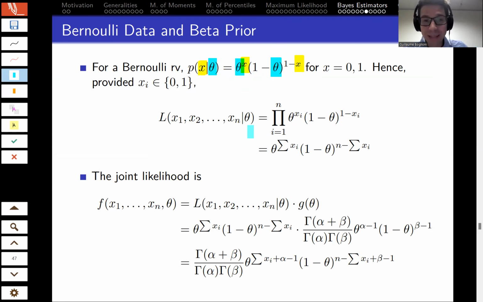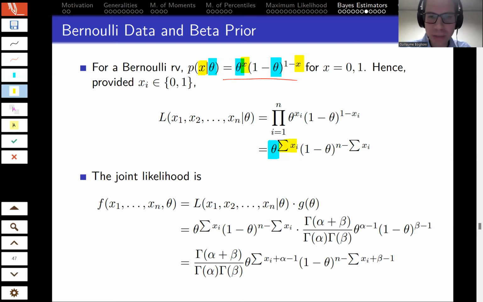You can then write the likelihood. That's the conditional likelihood of the data given a specific value for theta. It's just the product of all those things evaluated at all the little x1, x2, and so on. Of course, those x1, x2 only take 0, 1 values. So the product of all those things, theta to the x1 times theta to the x2 and so on, is going to be theta to the power of the sum. Careful here: this is theta to the power of this sum. Maybe the rendering here in the PDF is not the greatest, but yes, it's theta to the power of this.